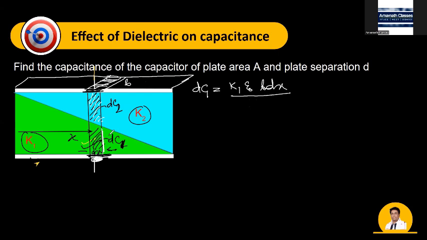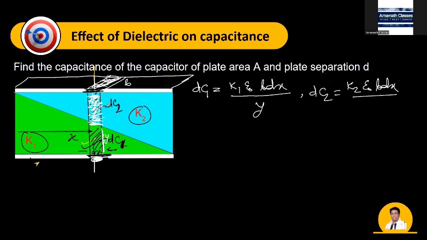Say this gap is something y. So this is y. Similarly, what is dC2? dC2 is nothing but a capacitance between this slab. Because thickness is very small, I can assume this is a parallel plate. So what is dC2? Again K2, but plate area will be this much only: epsilon naught b dx by